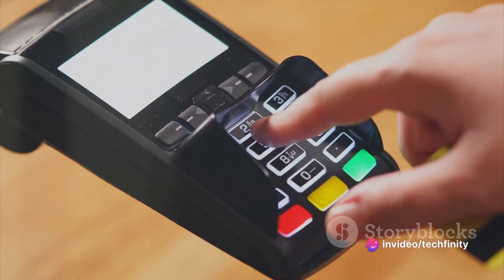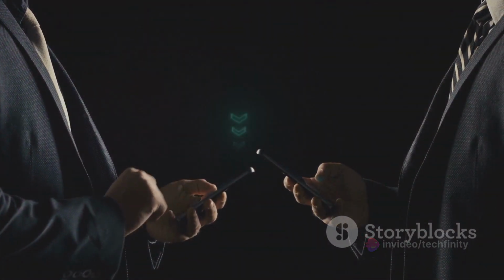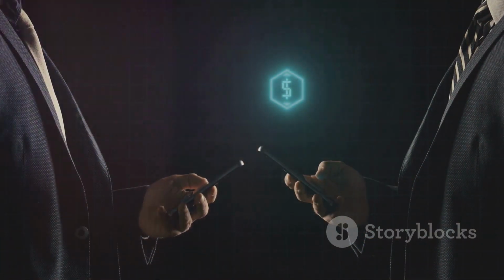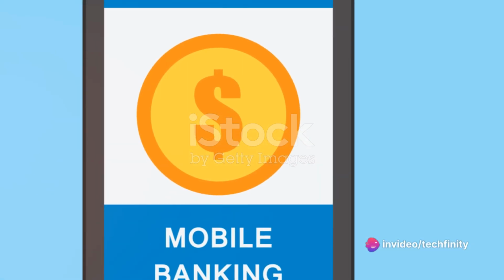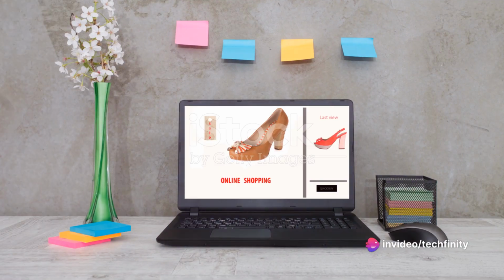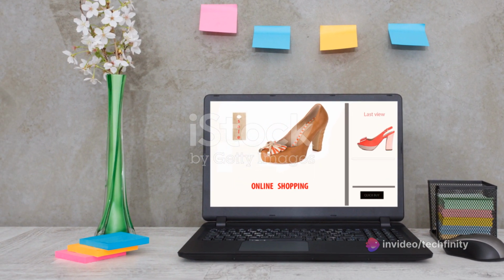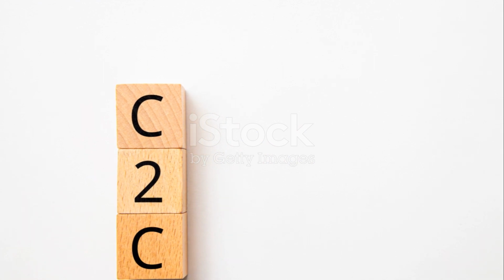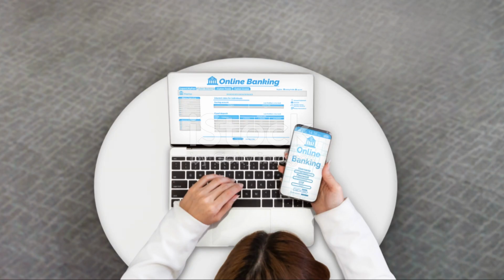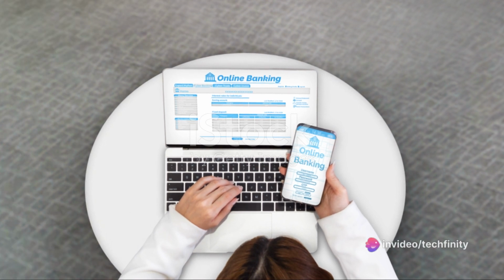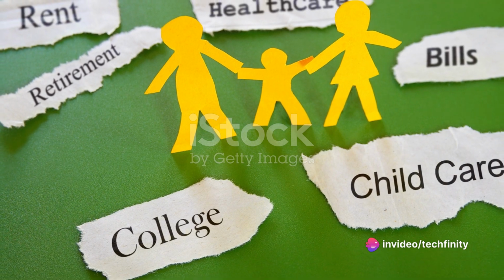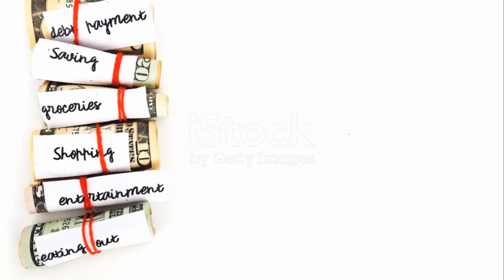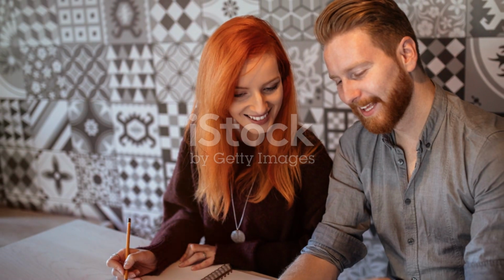Offline transactions come with their own set of advantages. First, they offer flexibility. Regardless of whether you have an internet connection or not, you can still carry out transactions. This makes them particularly useful in areas with poor connectivity or for people who may not have consistent access to the internet. Secondly, offline transactions can offer a sense of security. With cash or check transactions, there's a physical exchange involved. You hand over cash or write a check, and in return receive goods or services. There's a tangible element to the transaction, which some people prefer over the abstract nature of digital transactions.